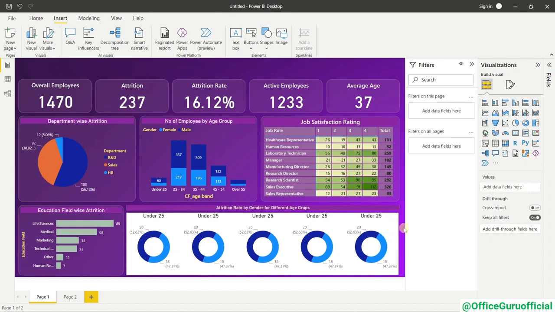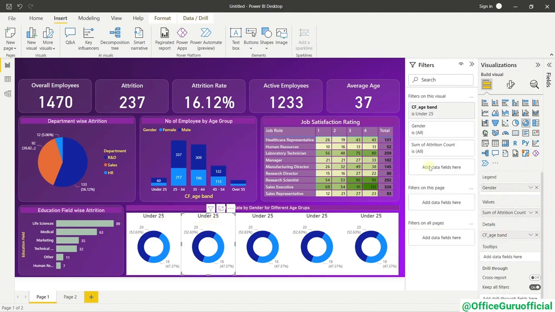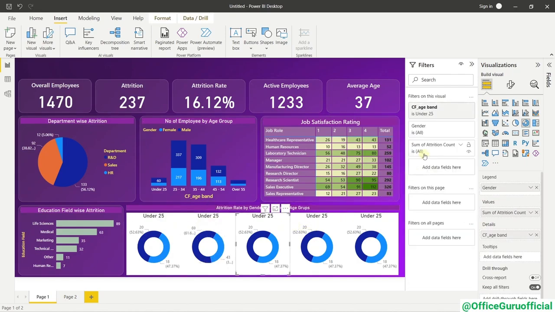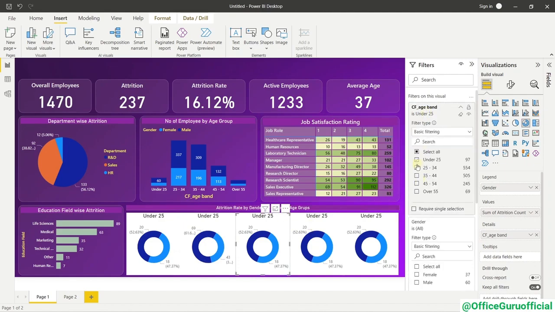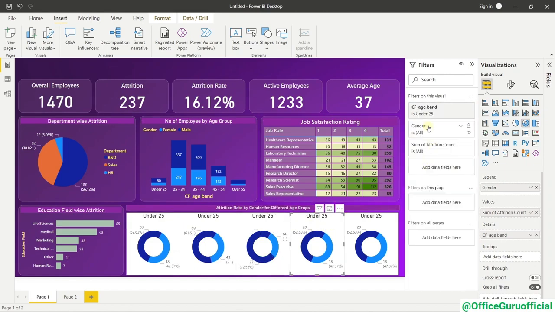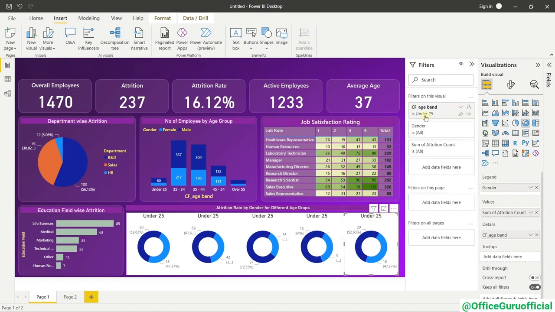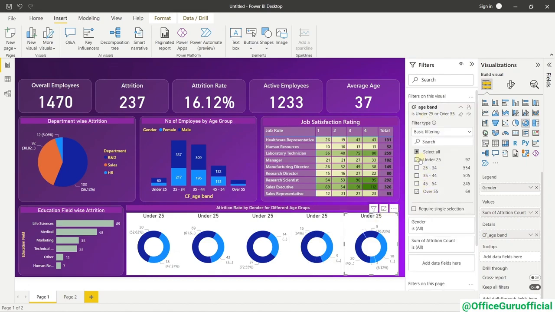All right. So these are our 5 charts. Now what we will do first is for under 25. Second, we will quickly change it to 25 to 34. This is for... quickly change the filters. It is for 35. Then this is for 45, and this is for over 55. See,